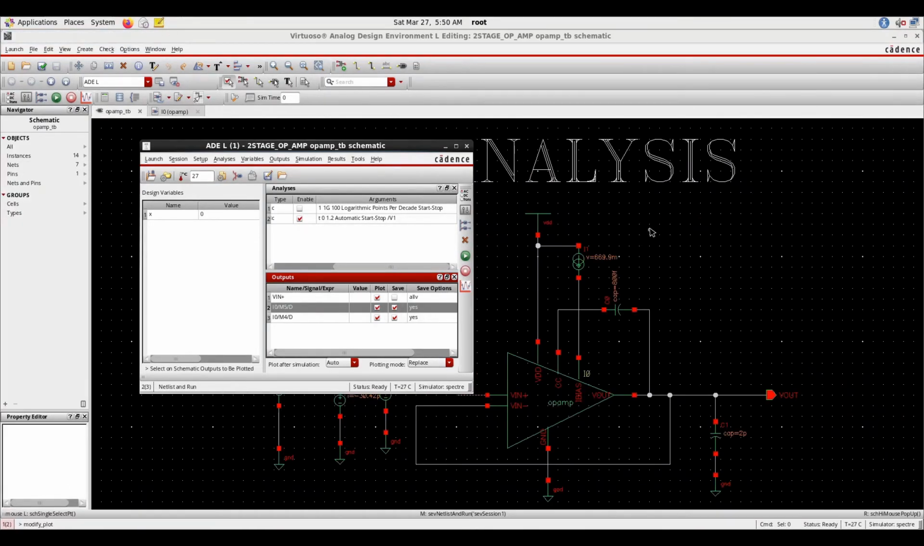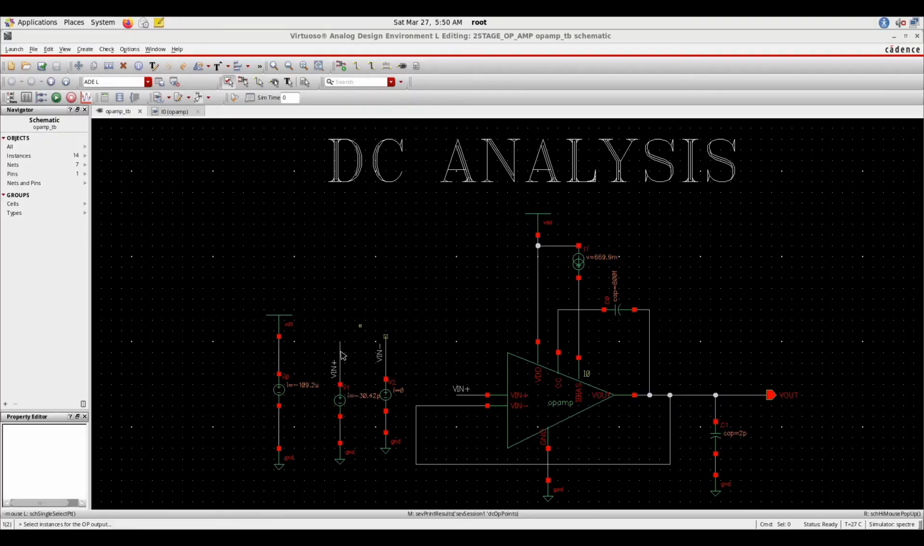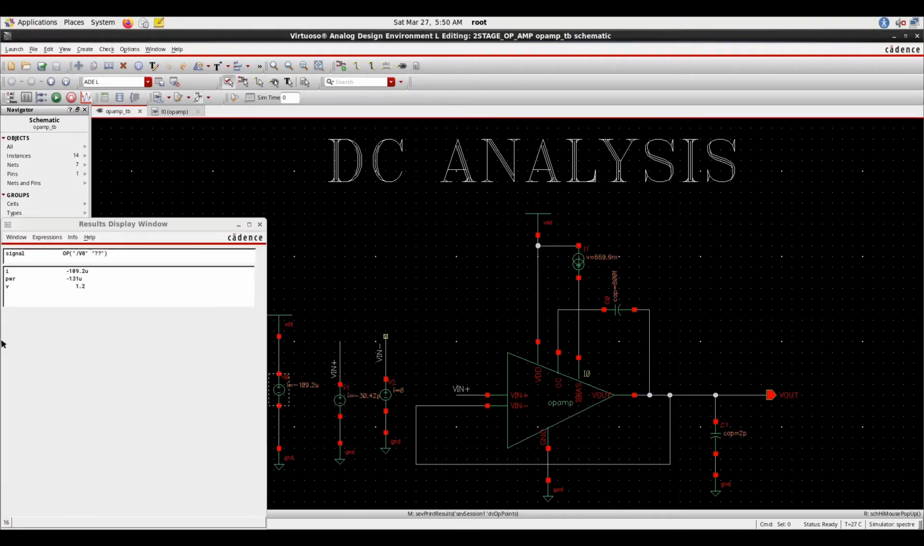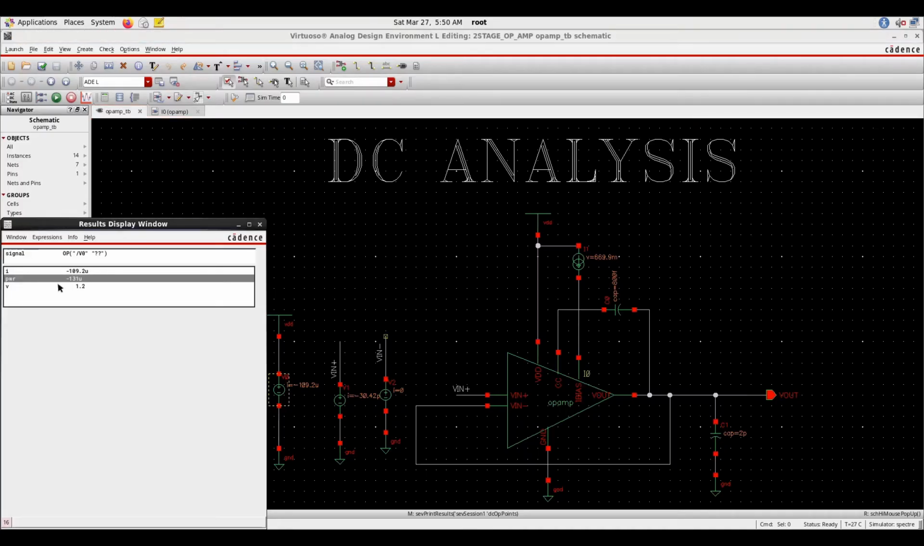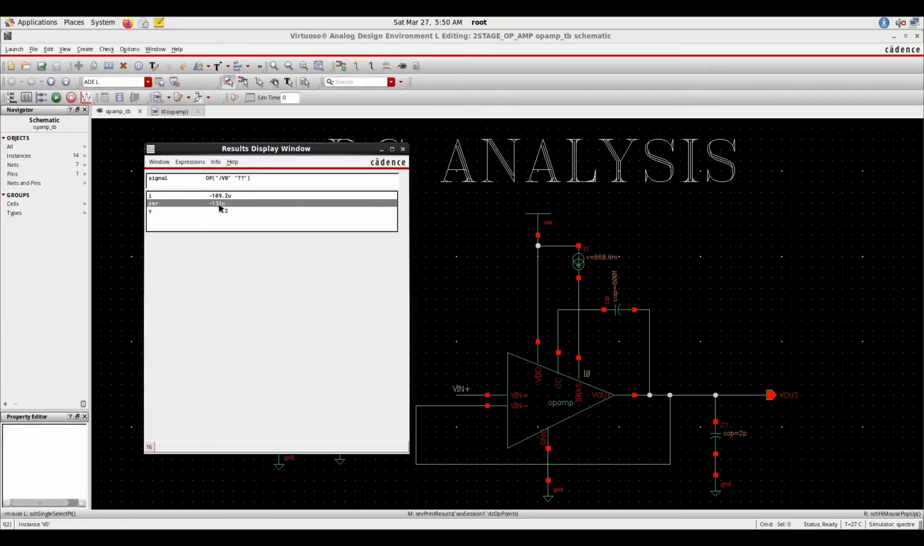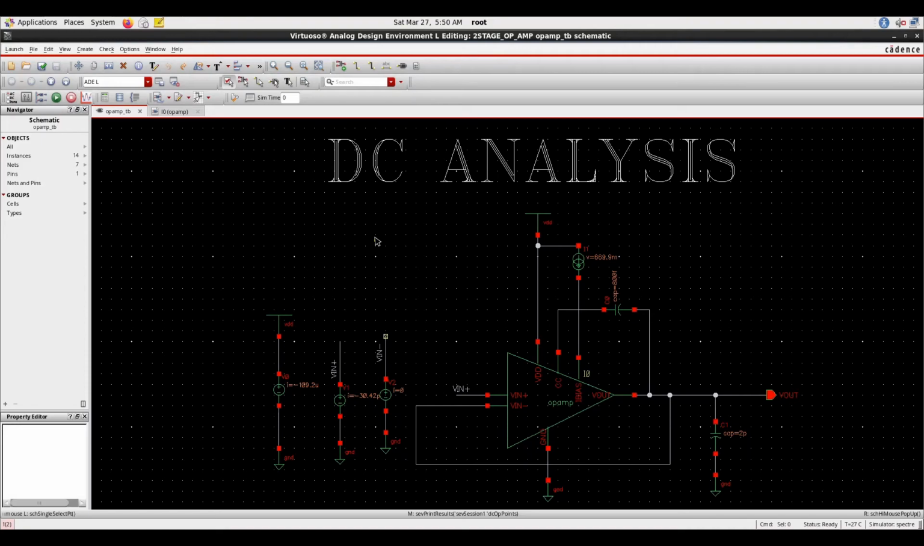You can also check the static DC power consumption using this technique. Go to results, print, DC operating point, click on the power supply. So it will show the static current, or you can say the total power consumption of the opamp. Static power consumption of the opamp is 131 microwatt. So using DC analysis you can check ICMR, DC operating points and static power,